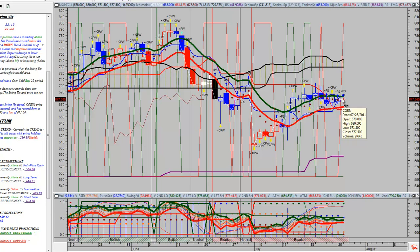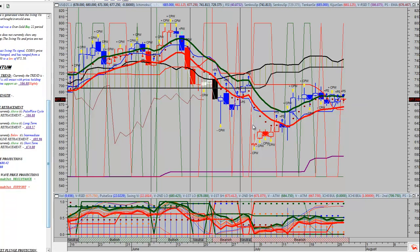Intraday resistance is at 680.42. Okay, system would look to take a long position at that point. We have intraday support at 671. We'll say 671 even. Okay, system will look to get short there on an intraday basis. Weekly pulse wave is at 703 3/4. System will look to take a long position there, and our weekly support is at 666 1/4. System will look to go short there. Okay,